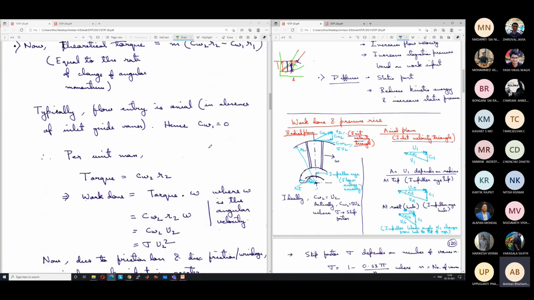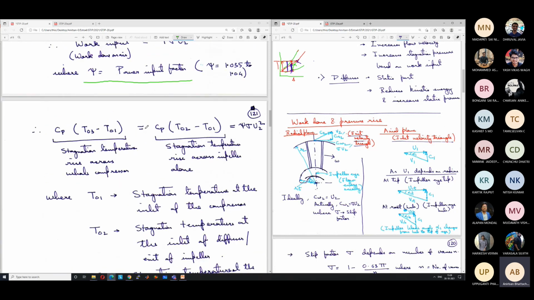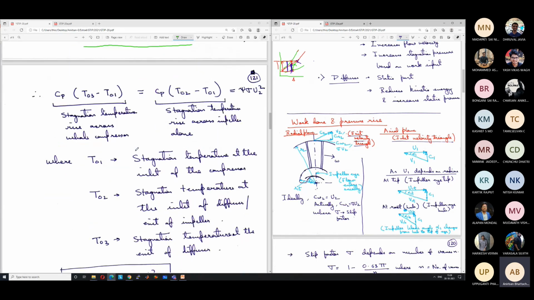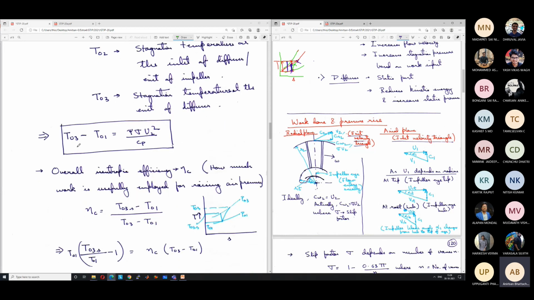So to find the pressure ratio, we have first found the work input, and then we have found the stagnation temperature rise. Okay. So stagnation temperature rise, this line we have found. In terms of known quantity, U2 will be a known quantity based on rotational speed and diameter. Sigma is a known quantity, slip ratio. Psi is a known quantity. Okay. Power input factor based on frictional losses, manufacturing. Cp is obviously known. So T03 minus T01 we can calculate from here.